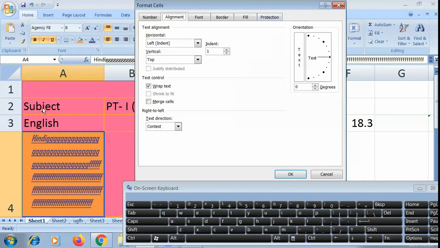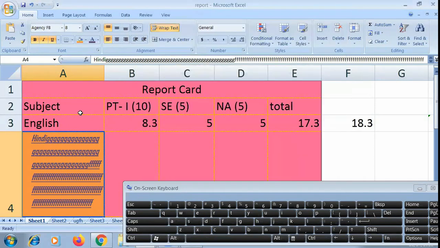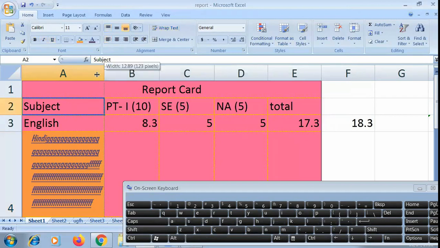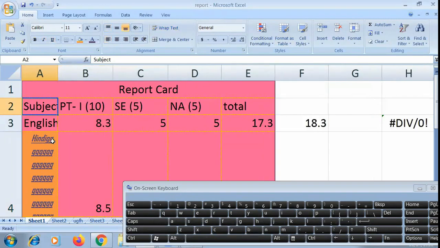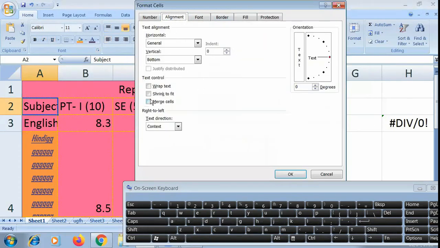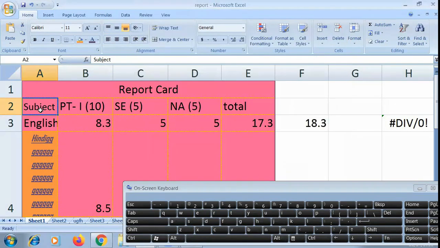Suppose I have selected this one. Alignment, Shrink to fit. What it does is shrink the text so that it fits or adjusts itself within the cell size that is given. The cell already has a size, so it automatically adjusts and formats the text so that it shrinks itself and fits in the cell. Clear?